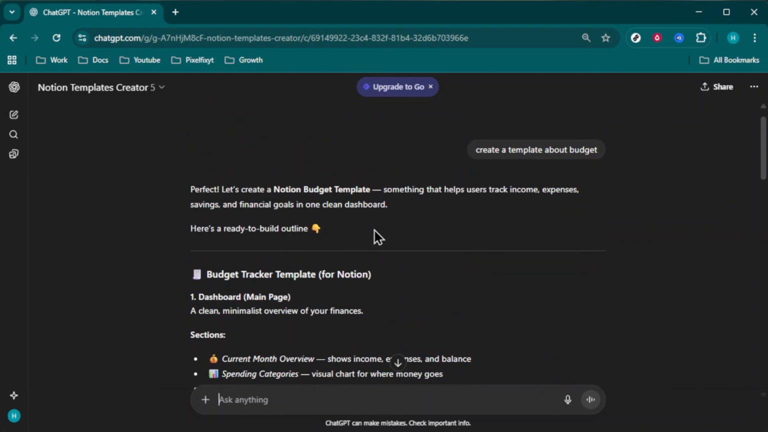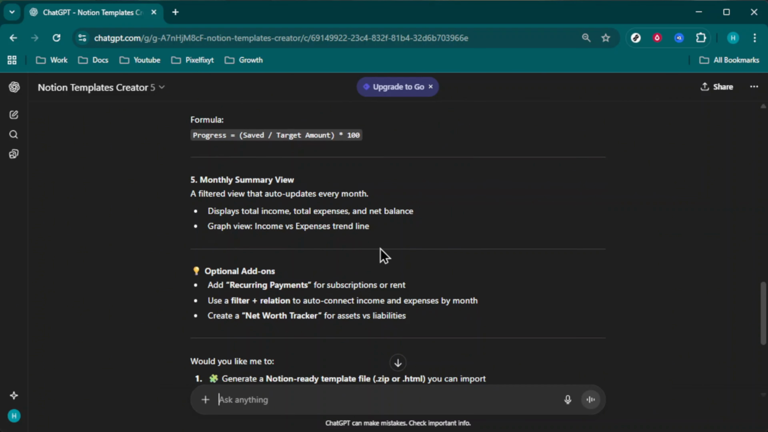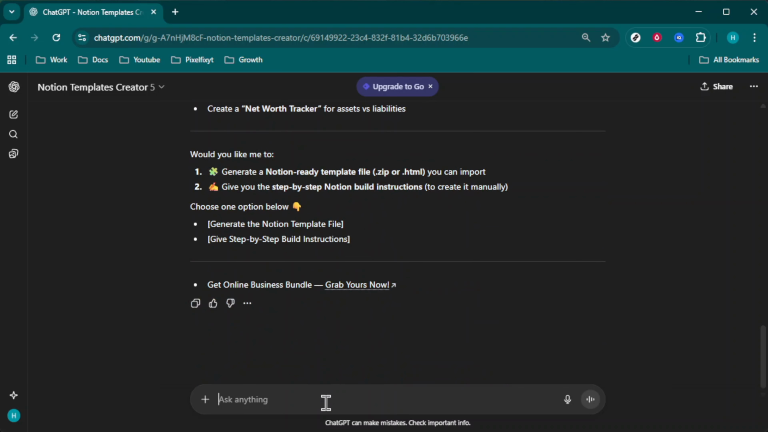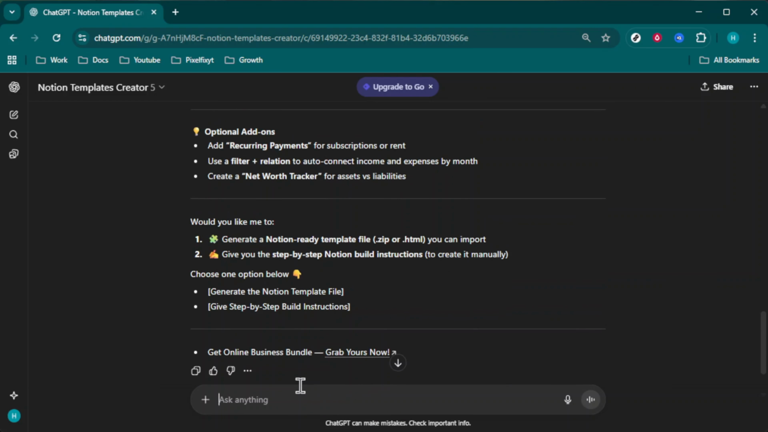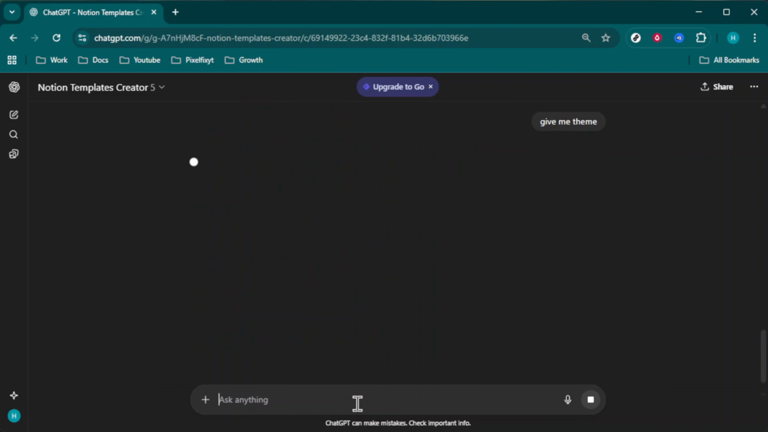After entering your prompt, take a moment to sit back and watch as ChatGPT gets to work. In a matter of seconds, the AI starts generating a response tailored to your request. This automatically crafted template will include sections and elements based on your input, providing you with a well-structured base that you can further customize in Notion based on